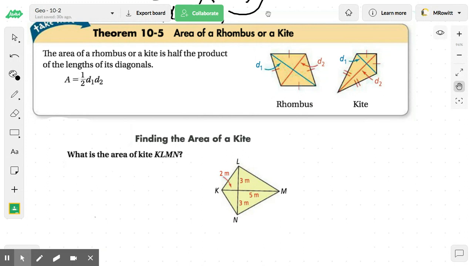Okay, last one is the area of a rhombus or a kite. Either one of these works. Remember, the difference between these two shapes is they're both quadrilaterals. They both have 4 sides, but a rhombus, right? Rhombuses and rectangles make baby squares. A rhombus has 2 sets of parallel sides. A kite has no set of parallel sides. But regardless, this theorem, again, not that you need to remember it's a theorem, but this formula for its area